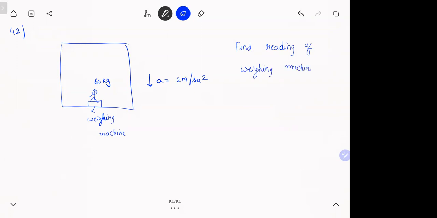You can actually try this in your apartment. You can take a weighing machine, put it in the lift and stand and see. When the lift starts or when the lift stops, you'll observe the weight will fluctuate. Once the lift comes to a constant speed, it won't matter. You'll get your own weight. But when it is accelerating, when the lift starts or when the lift is stopping, you'll observe there's a fluctuation. Get this?